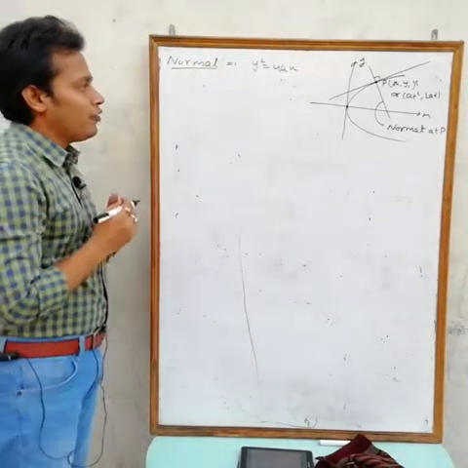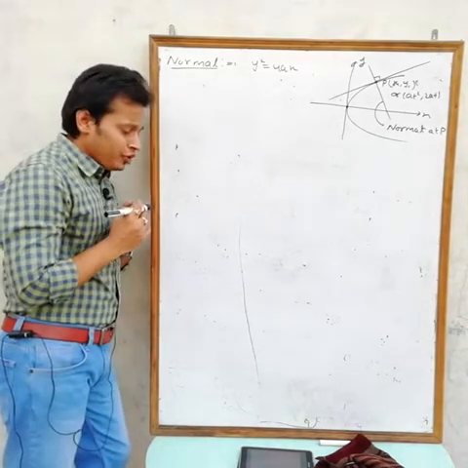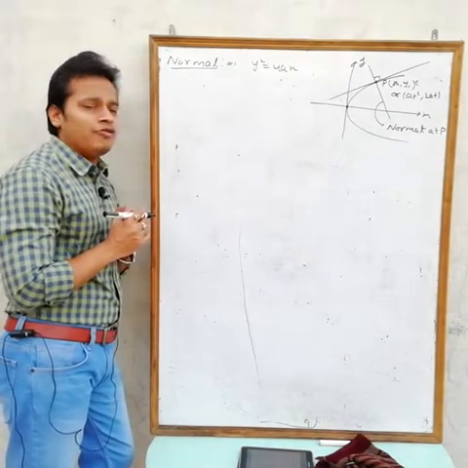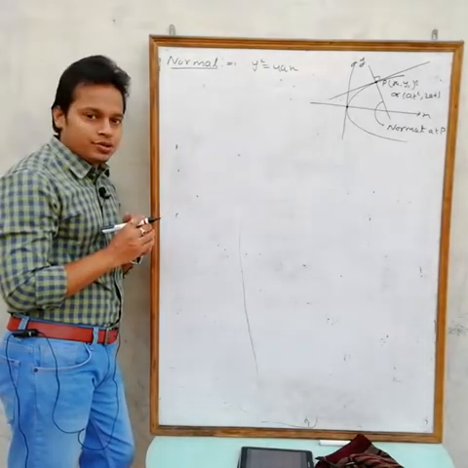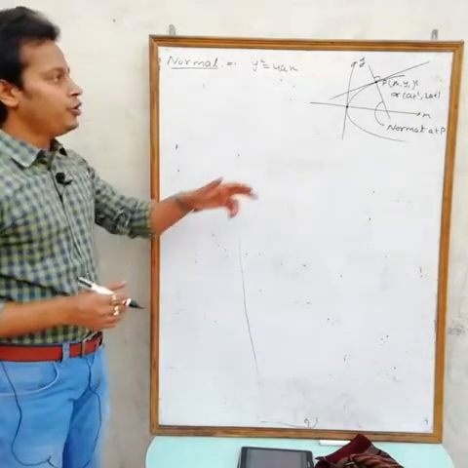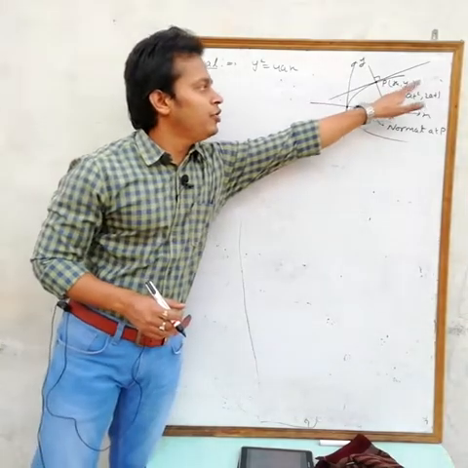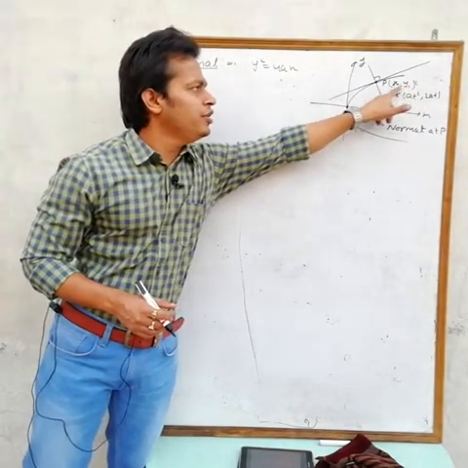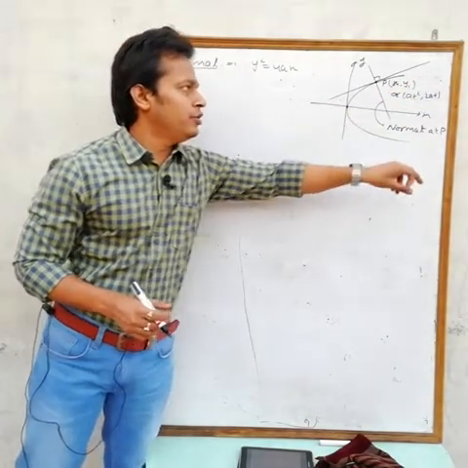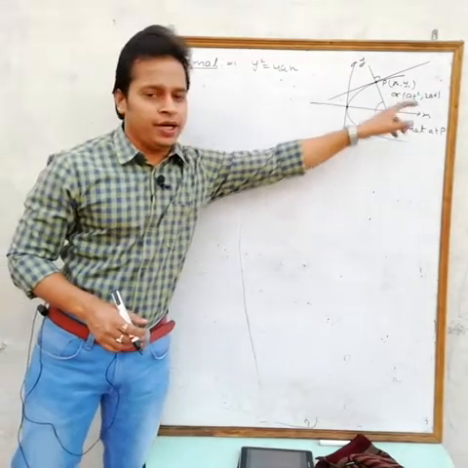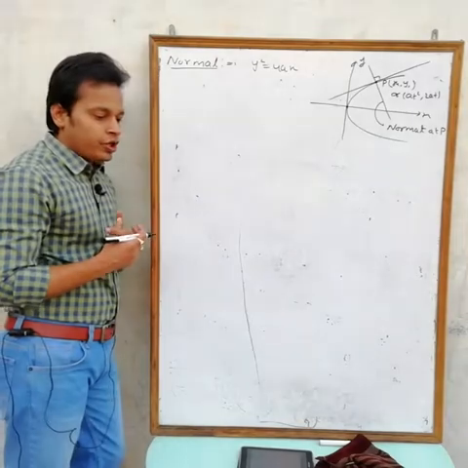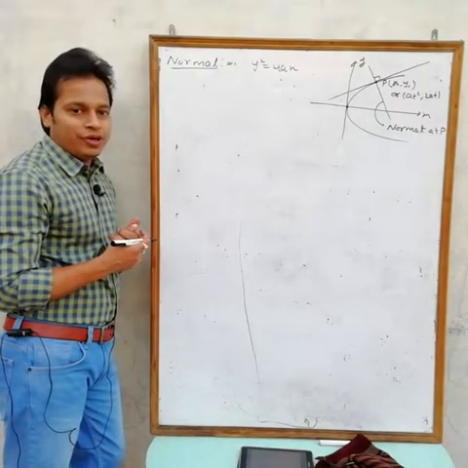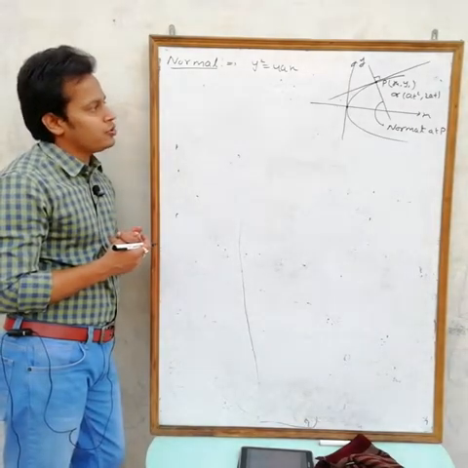Now you want the equation of this normal. To get the equation of any line, what do you need? Only two things: one is the point and the other is the slope. The point we already have. If you want to take it in terms of x1 comma y1, then this one, and if you want parametric form, then at square comma 2at, the general point of the parabola. Then what we want is the remaining slope. So now we want the slope.